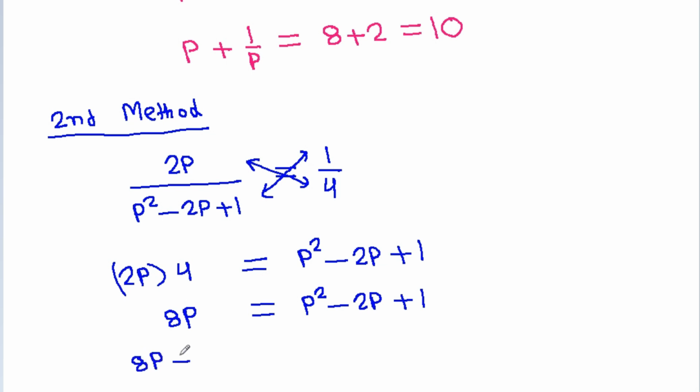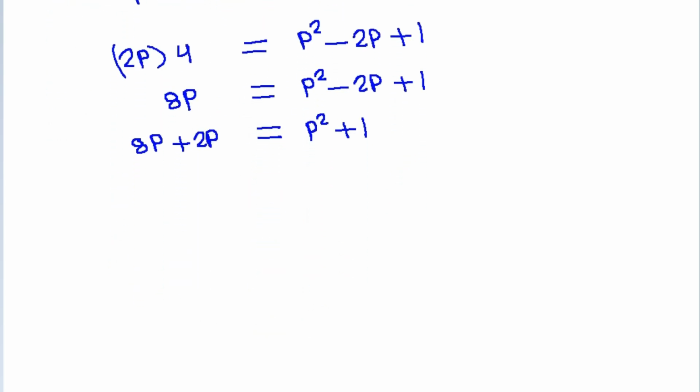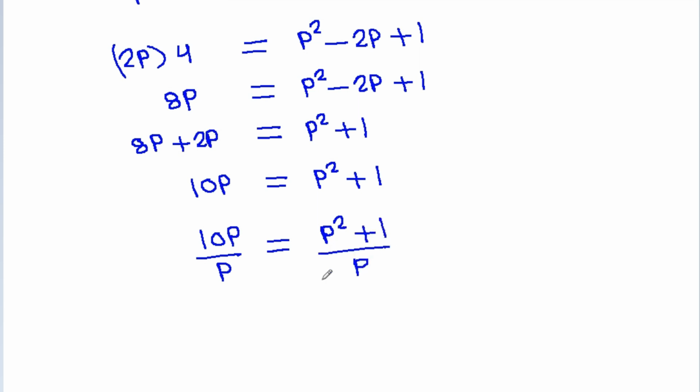and 8p plus 2p will be equal to p square plus 1, and it is 10p is equal to p square plus 1. And if we divide both sides with p, then 10p by p will be equal to p square plus 1 by p,